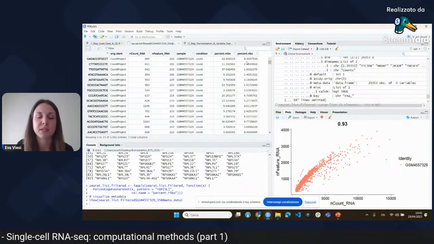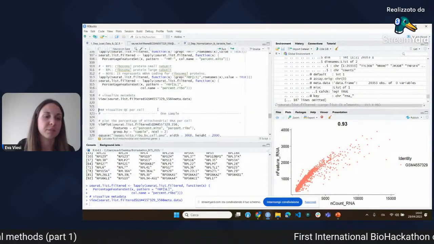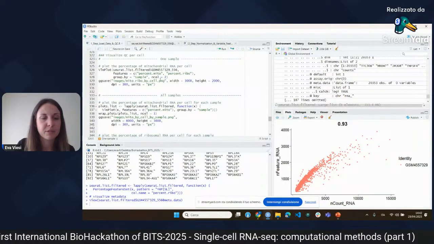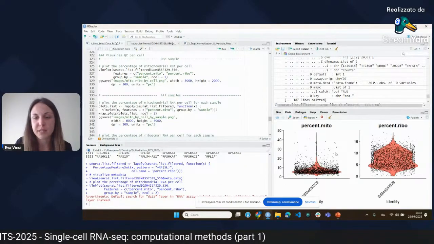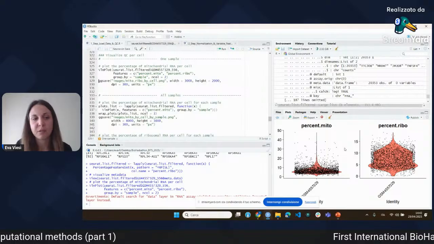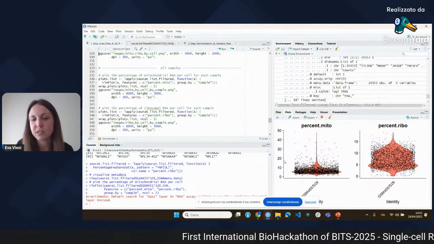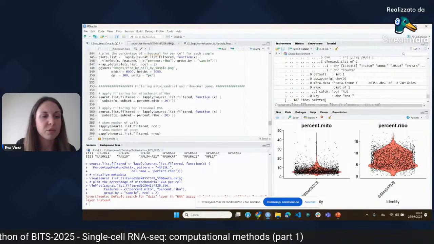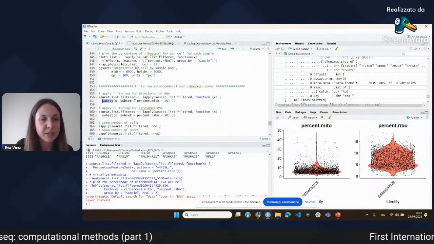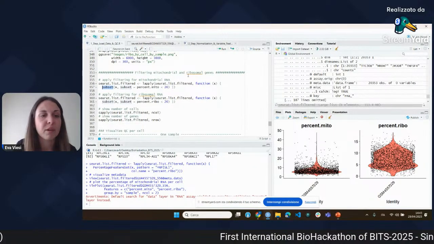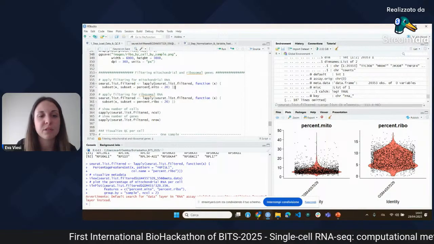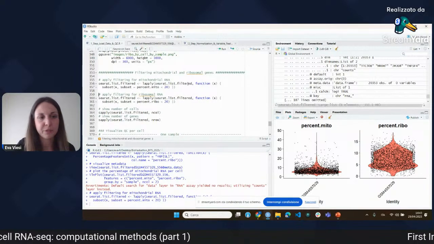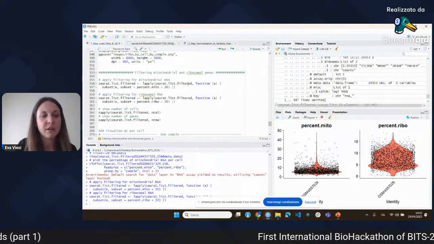And now, based on these percentages, we can filter out some cells again. We can visualize again for each sample, so here for one sample, the percentage of mitochondrial and ribosomal genes, and now we want to filter out a percentage that is higher than 20%. To do this, we again use the subset function, and we take only those cells having a percentage lower than 20%. So we apply this subset for mitochondrial genes, and we apply this subset for ribosomal